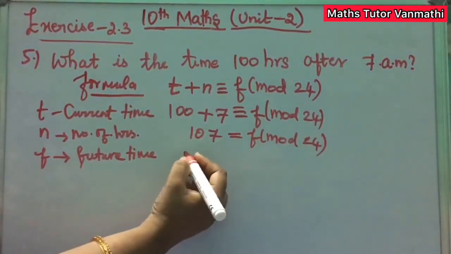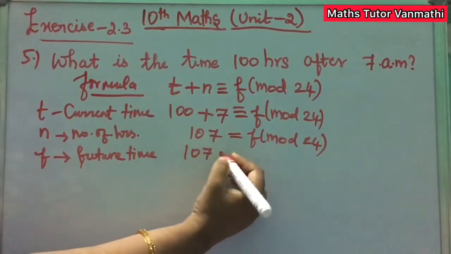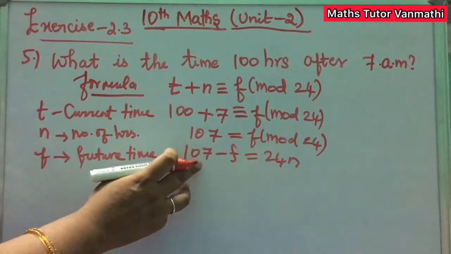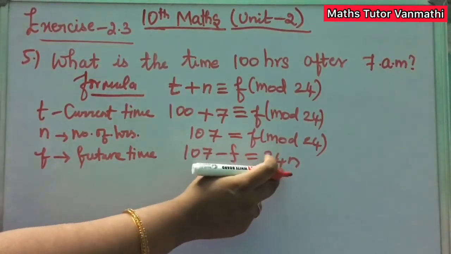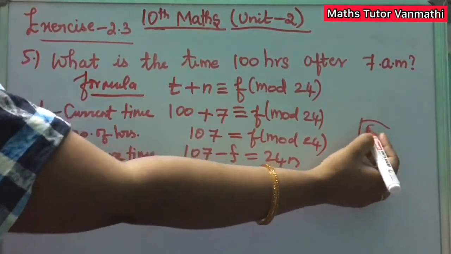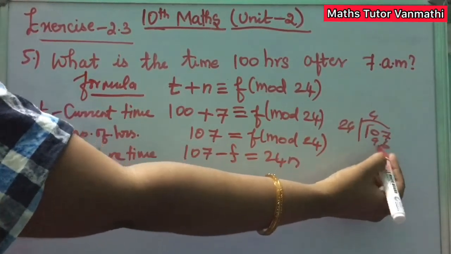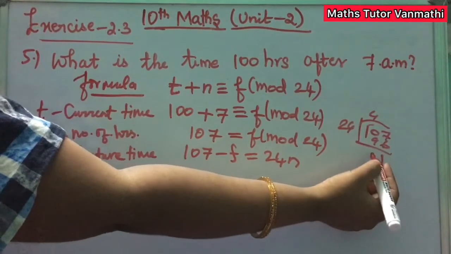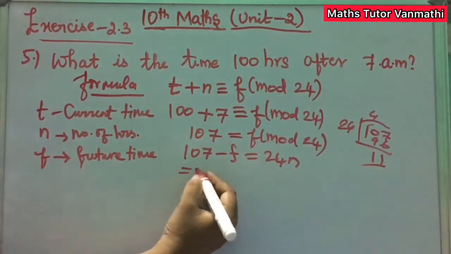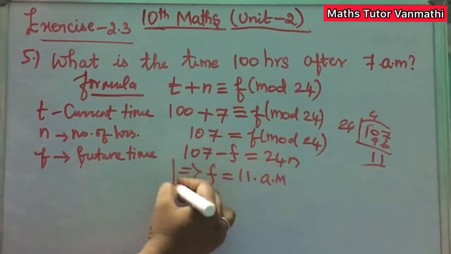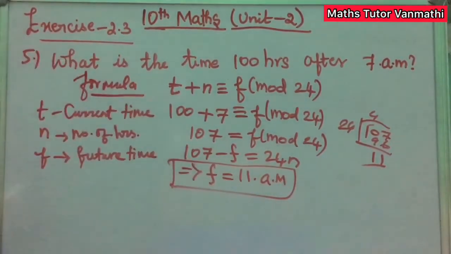Further this can be written, divide 107 by 24. 24 4s are 96, 107 minus 96 is 11. So this is your future time, that is 11 a.m. Clear? Okay, next